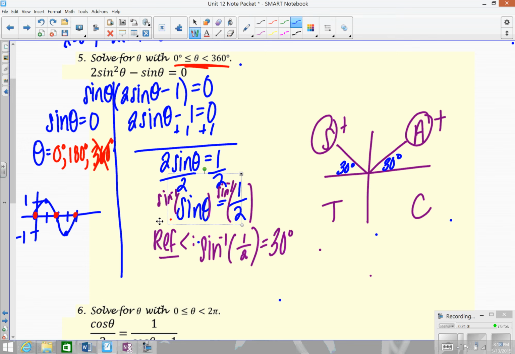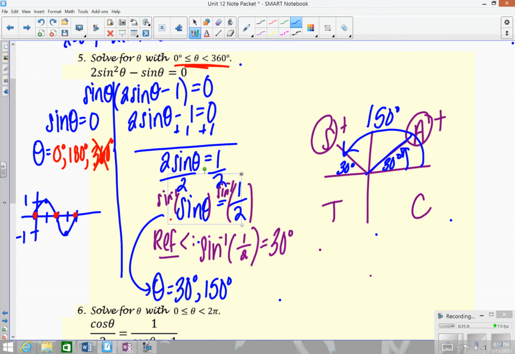So one of the thetas is going to be 30 degrees. It's just this angle here. And then the other theta is going to be 180 minus 30, so 150. So then together, the solutions to this problem,